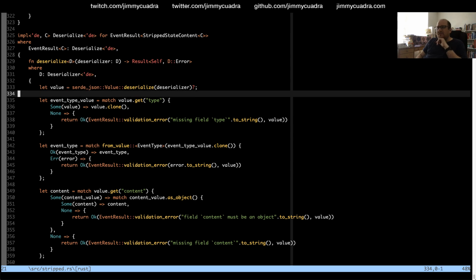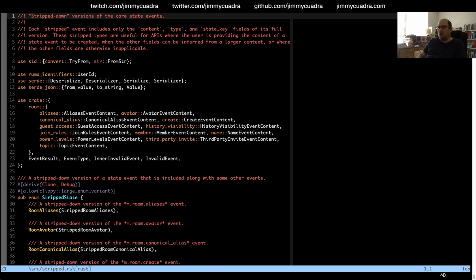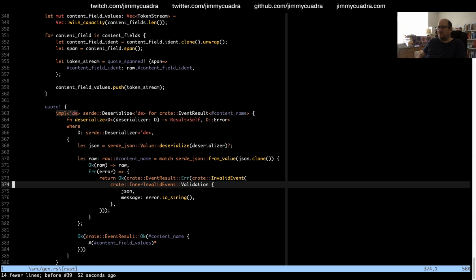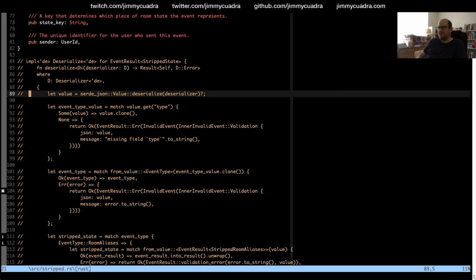So we deserialize into a value. And this is still wrong. That question mark doesn't seem right. Oh no, it does, because if this fails, then it's a real deserialization error.